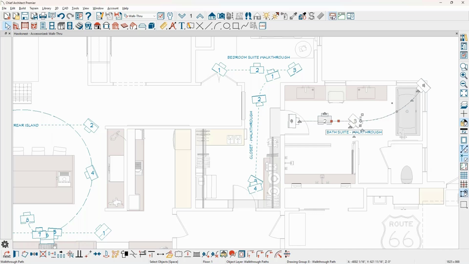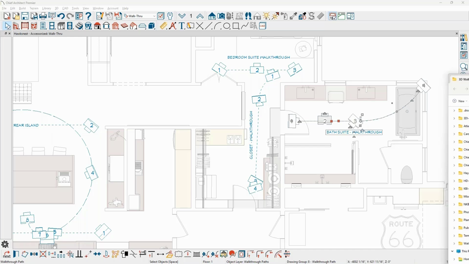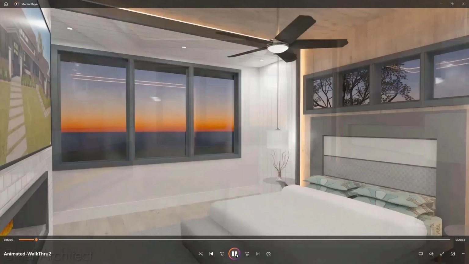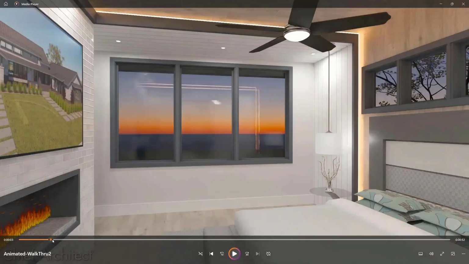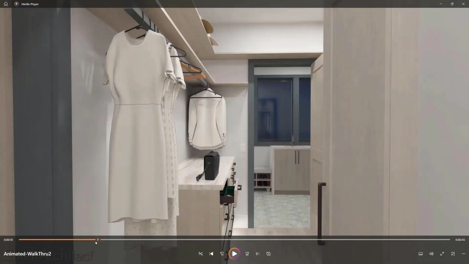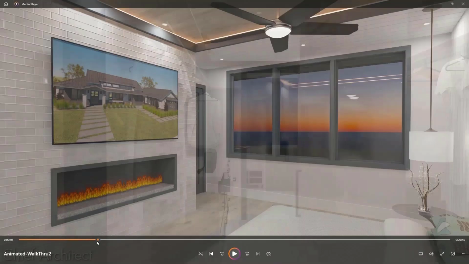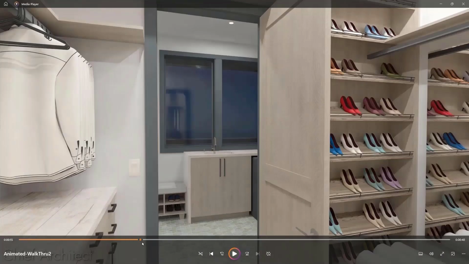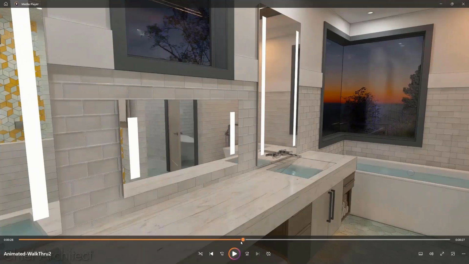Let me see if I have that open here real quick. So when I do those transitions, let's see here. There we go, here's that walkthrough. It's a little bit chunky when I play this live, but let me just scrub through this. Here's the bedroom as I'm pausing, and then there's going to be a transition. So that immediately goes into the closet. I just fade that, peek around in the closet,